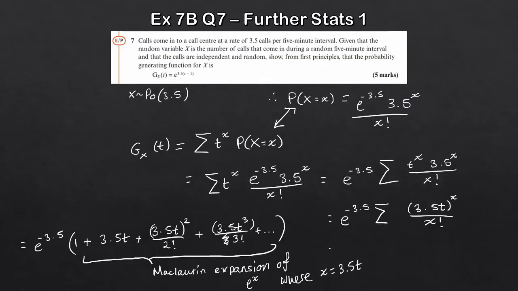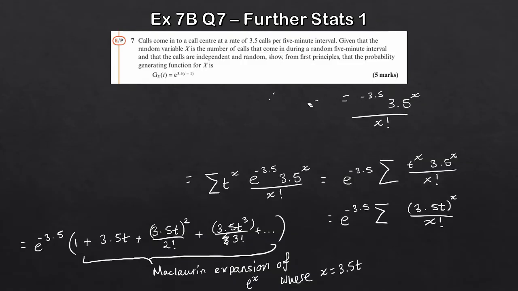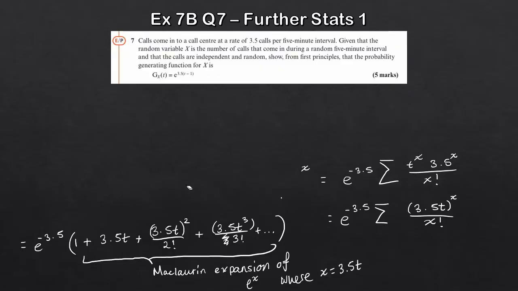Okay, so using that fact now, we can just change this. If I just eliminate some of this up here just so we've got enough room to finish it. Get rid of all this. Okay, we can finish it up here. Okay, so we can finish this off now. This will just be now the probability generating function. Oh, sorry, that'll be G(t). So this is equal now to my e to the minus 3.5